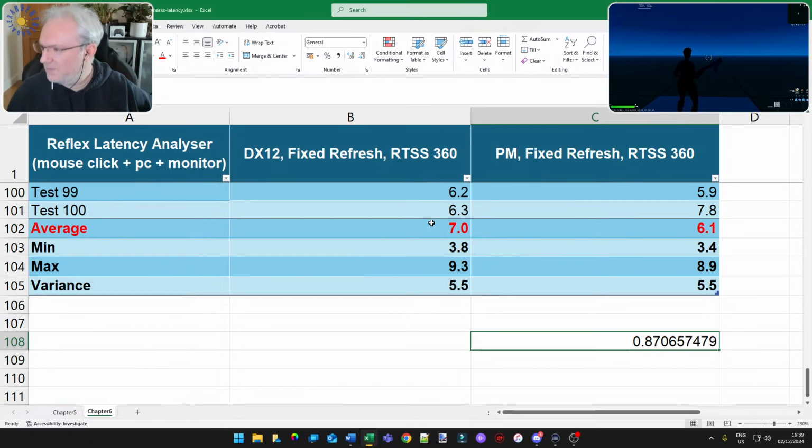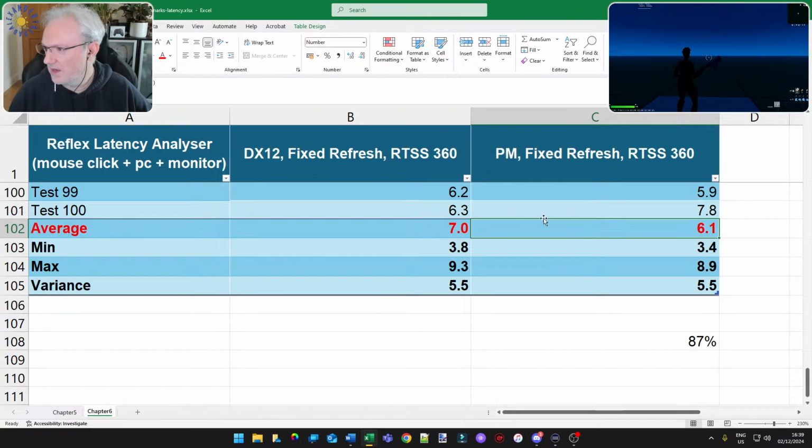So 13% better, 13% lower latency. Yeah, so 13% lower latency with performance mode than DX12. So the question is, can I put up with losing 0.9